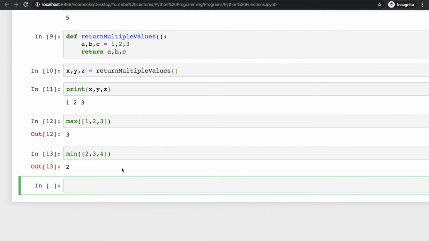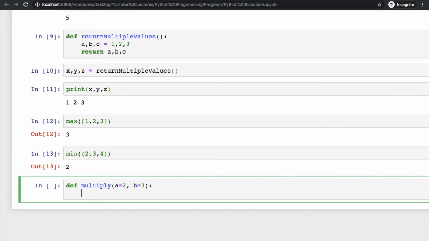Clear? In Python we can pass some default arguments, and that is also similar to C++. So suppose I want to sum, or maybe I want to multiply two variables. So you have to write def multiply, and then you have to accept two variables a and b. So by default the values of a and b are 2 and 3, and then you have to maybe return or print whatever you want to do, a cross b. So this is done, right?